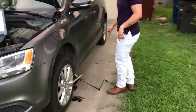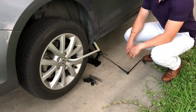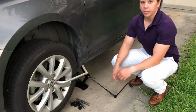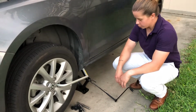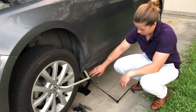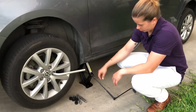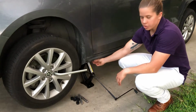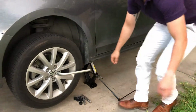What you'll need is your spare tire kit. Spare tire kits come standard in most vehicles. In the event that you purchase a previously owned vehicle, you'll need to acquire these items as soon as possible. First, you'll want to set up your vehicle by putting your jack on the side of the tire that you'll be replacing. Carefully jack your tire up, make sure the vehicle is stable,